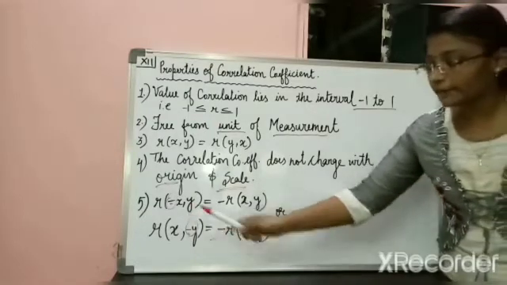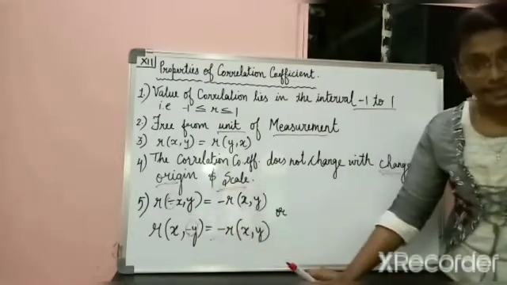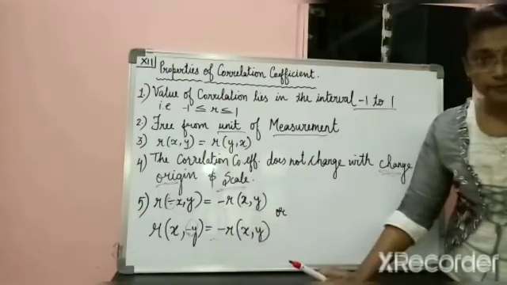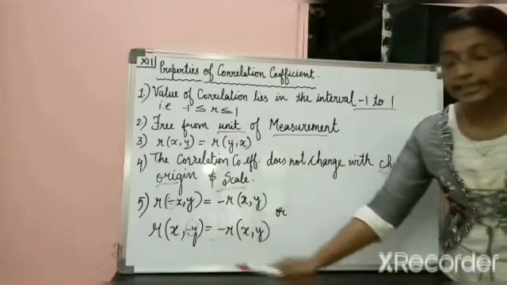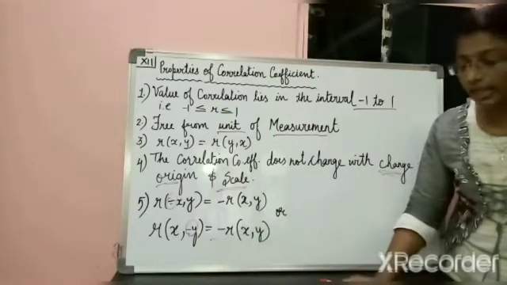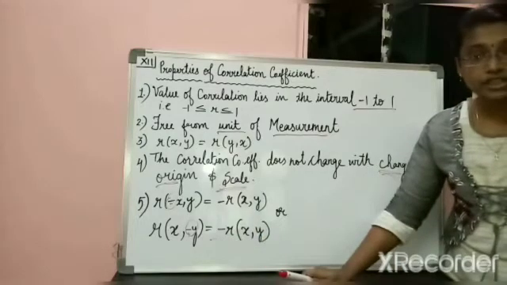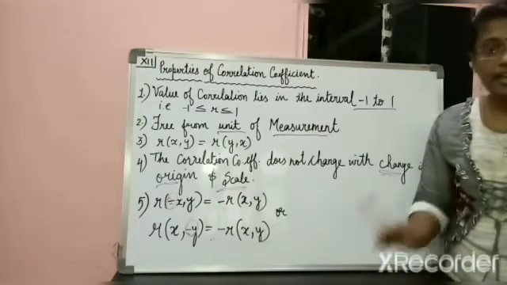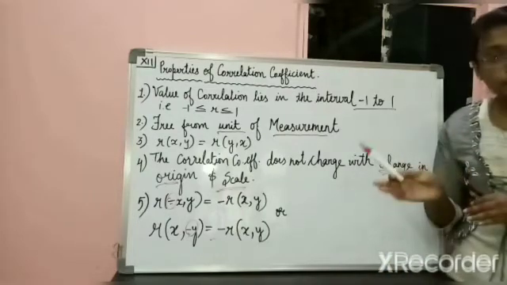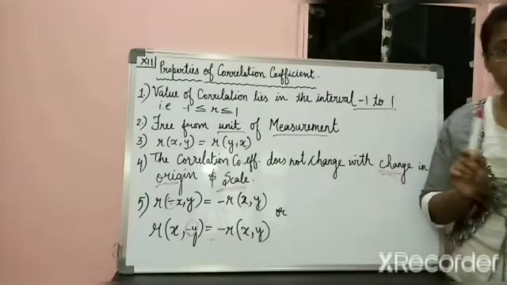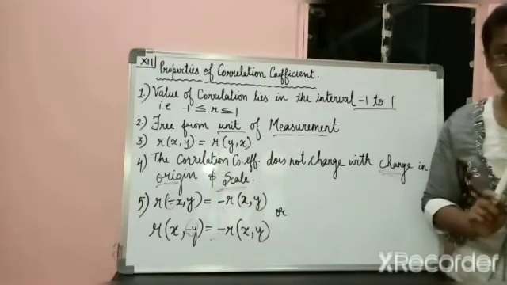So see over here, in the first I have kept minus x, that's why your correlation came as minus r. Understood? Now in the second case I kept minus y and positive x. So what is the effect? Your r, that is your correlation coefficient, again it came to be negative. So any negative sign in any of the values of the variables would directly affect the correlation coefficient that you calculate in your sums.